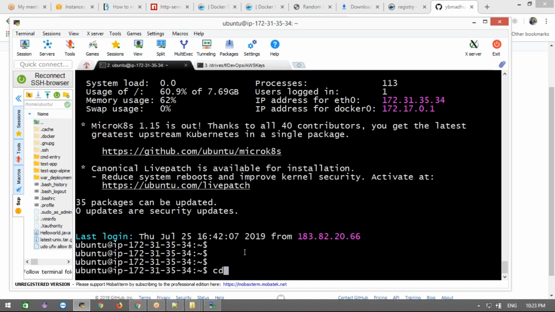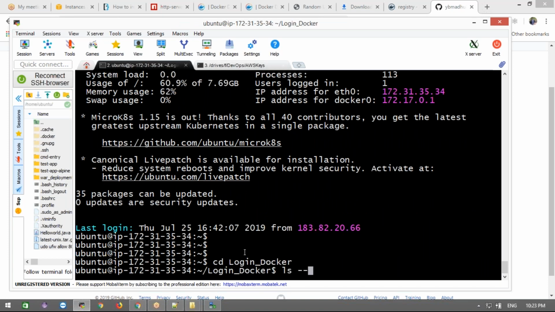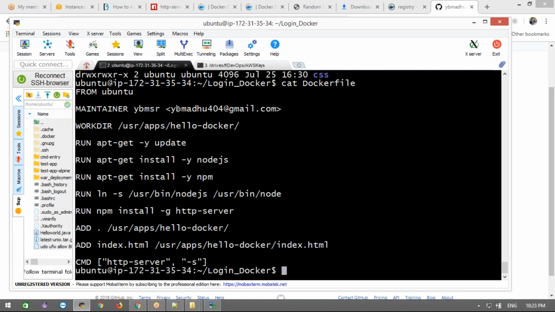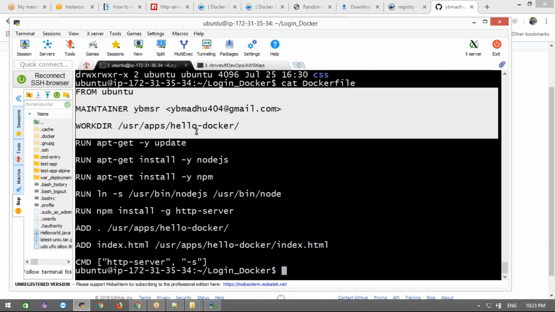Okay, cd, and then again. And here what I am trying to show you is cat Dockerfile, right? Now the same code, the same example I have written with Ubuntu.